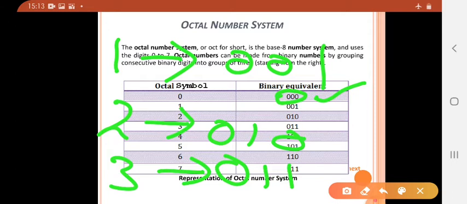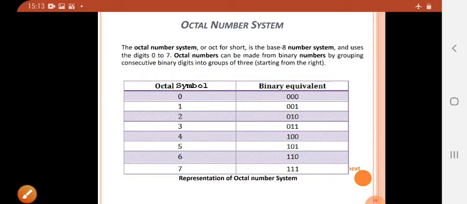So I think it is very clear now that the octal number system is very important in digital computer work. The octal number system has a base of 8, meaning that it has 8 unique symbols, and those are 0, 1, 2, 3, 4, 5, 6 and 7. Thus each digit of an octal number can have any value from 0 to 7. So this is known as the octal number system.